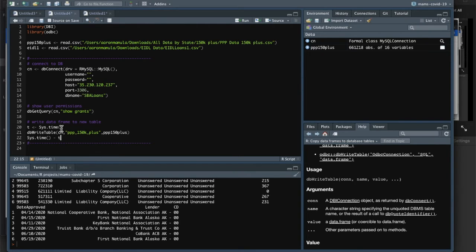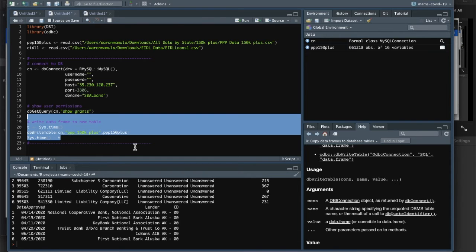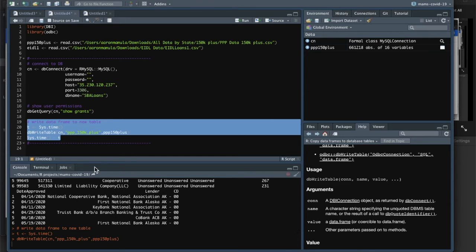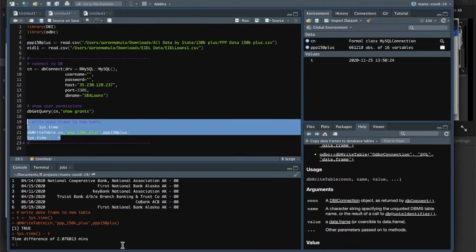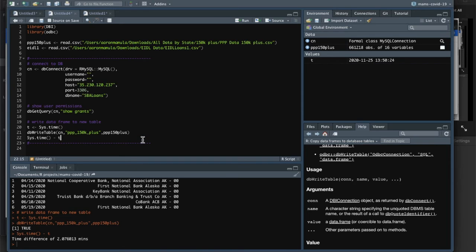And I've got a little bit of syntax in here that's going to time this operation, mostly because I'm not exactly sure how long it's going to take to write 600,000 records worth of data in 16 fields, so I'm kind of curious. I want to see how long it's going to take to write those records to a database table. Okay, roughly 2 minutes and a couple of seconds later, we have our database table written up to the Cloud